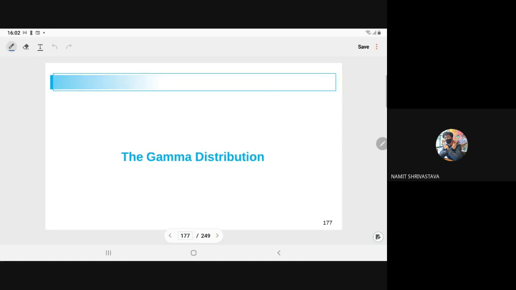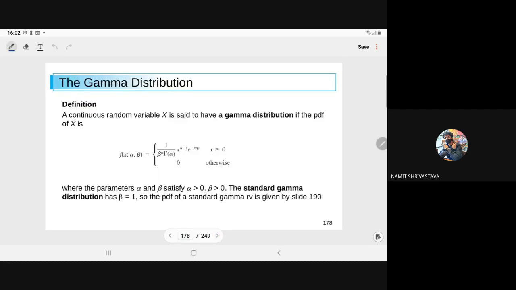Now this is the gamma function. The basics of the gamma function I have told you, because we have to study the gamma distribution. So next is the gamma distribution. The gamma distribution is again a particular type of continuous random variable or continuous distribution. A continuous random variable x is said to have gamma distribution if the PDF is given by,